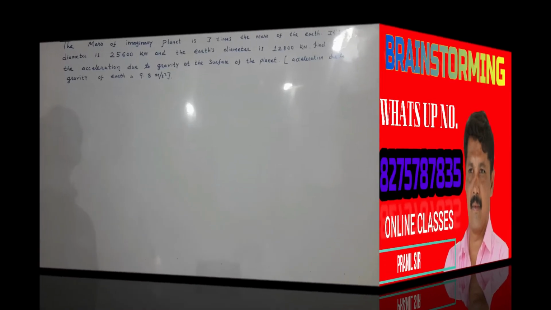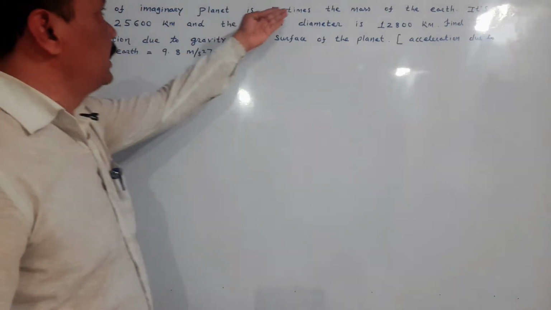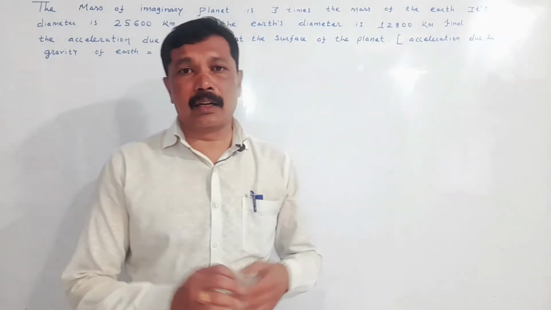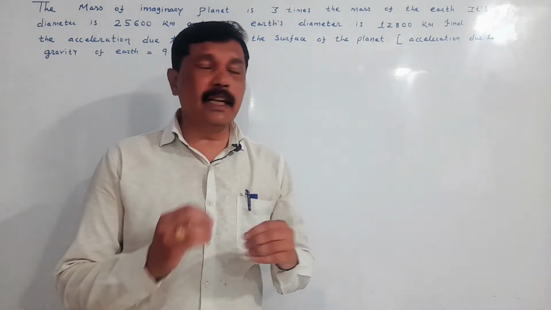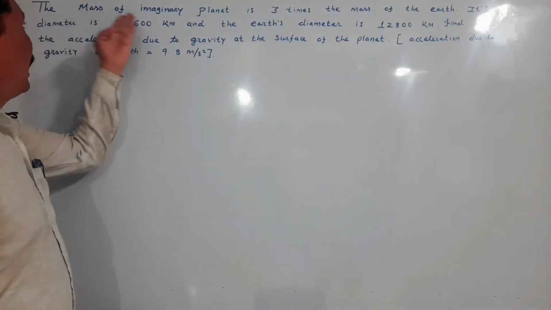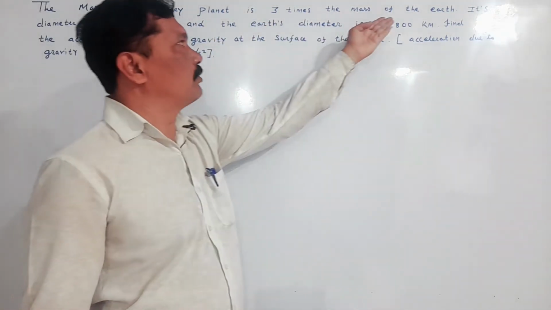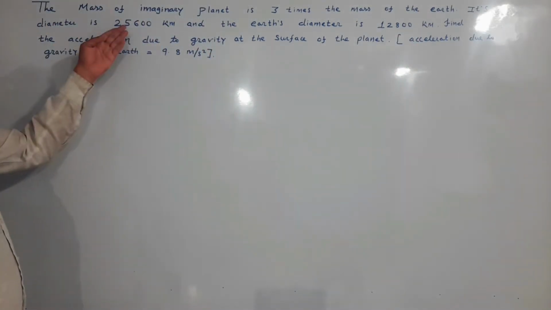Let's study the next problem. The mass of imaginary planet is 3 times the mass of the earth. My dear student, here a situation is given to us. According to this situation, it is said that the mass of imaginary planet is 3 times the mass of the earth. Its diameter is